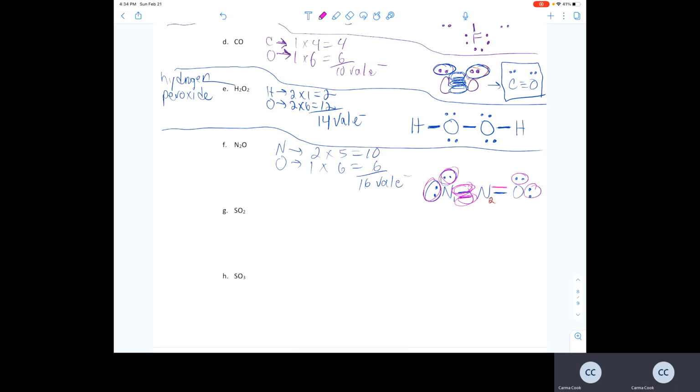2, 4, 6, 8. So our correct Lewis structure